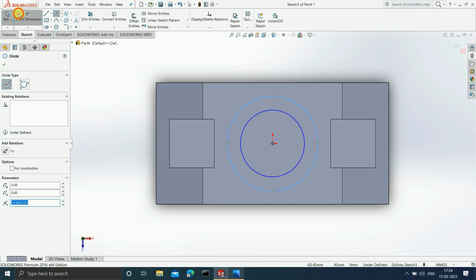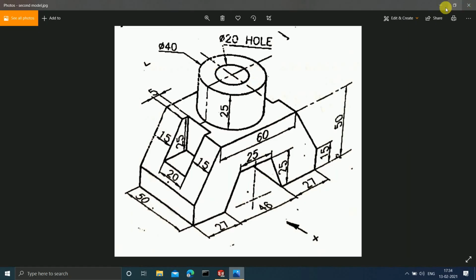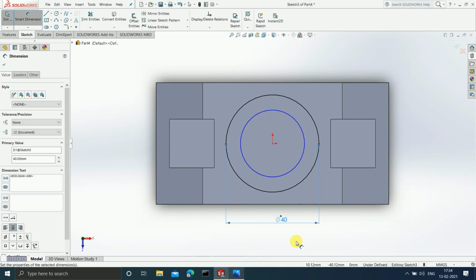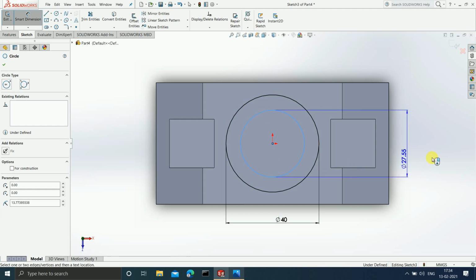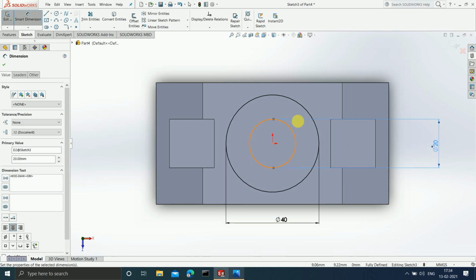Now the diameter of the outer circle is how much? It is 40 and the inner is 20. Enter. And the inner is 20. Done.